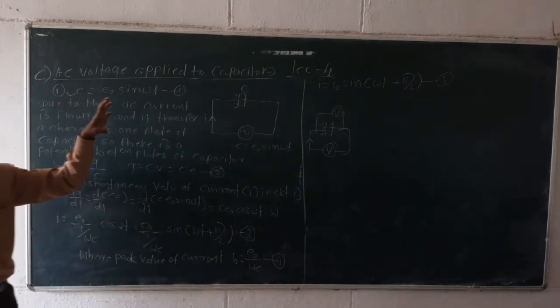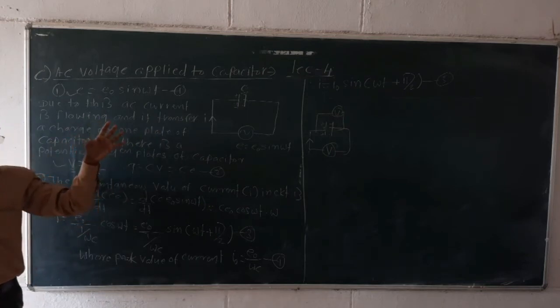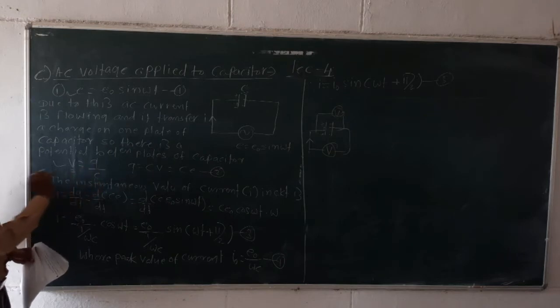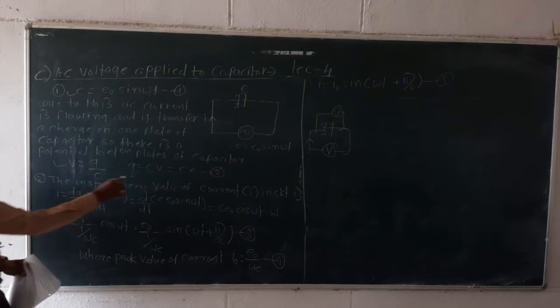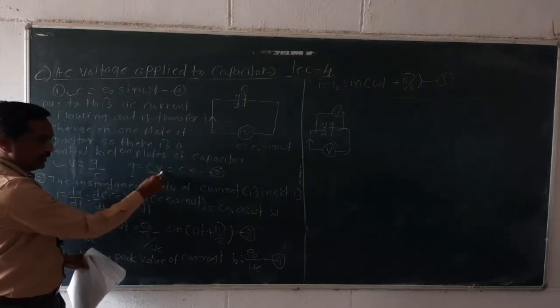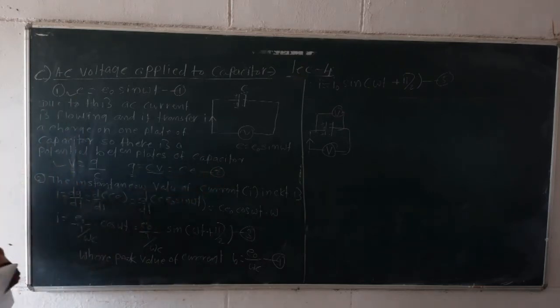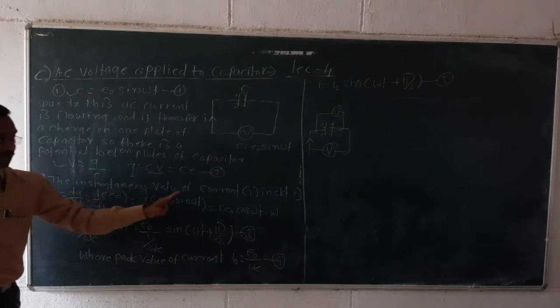You will study this capacitor in detail in one previous chapter. At that time you clear all these points again. So V is equal to Q upon C. Got this? Q is equal to CV. V means voltage and E is also voltage. So instead of V, we write here C as it is E, called equation number 2. This is the charge. The instantaneous value of the current